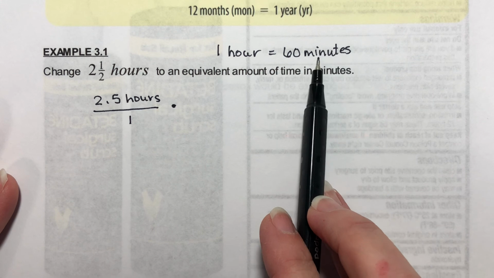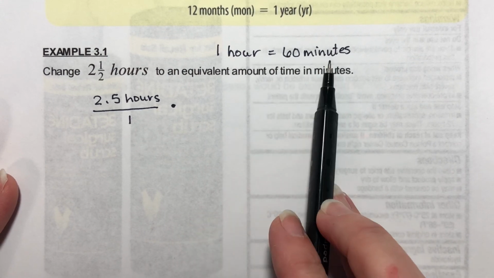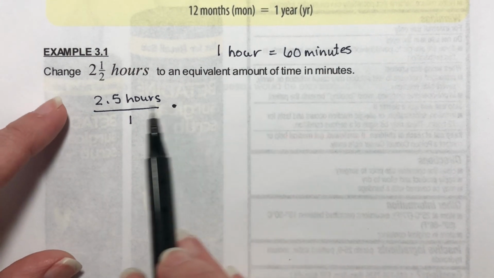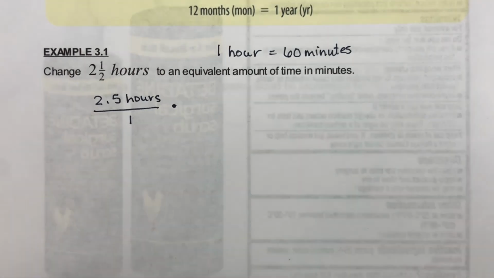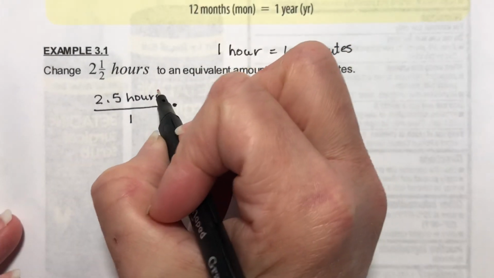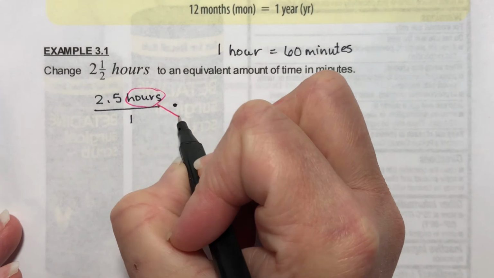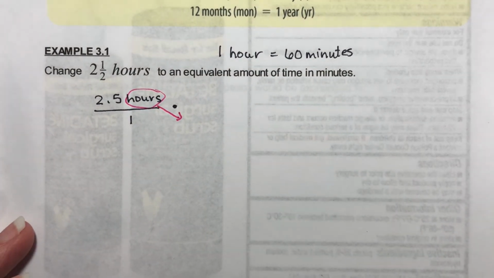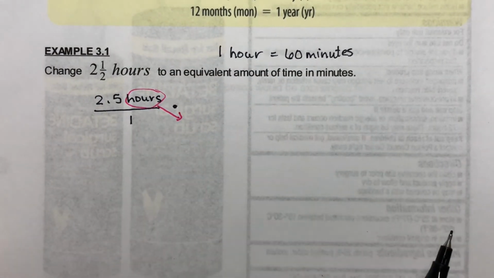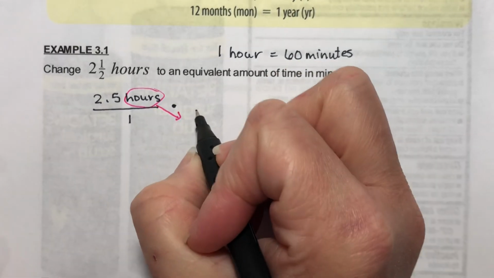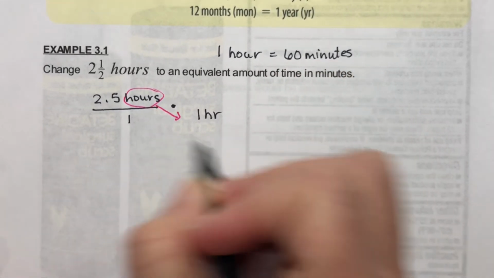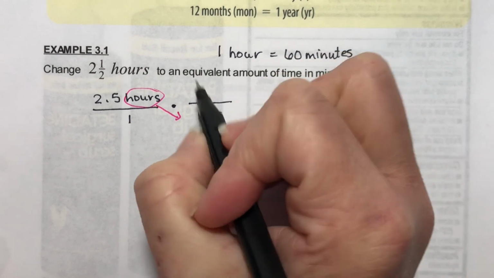It might be going either way. If this is hours, I want hours to be in the bottom. Whatever one I'm trying to get rid of, I want them on the diagonal. So I'm going to put 1 hour in the bottom